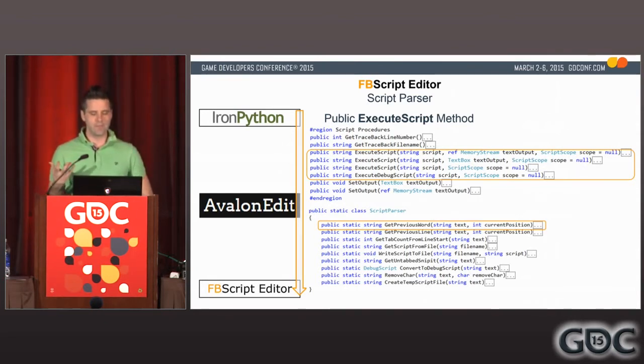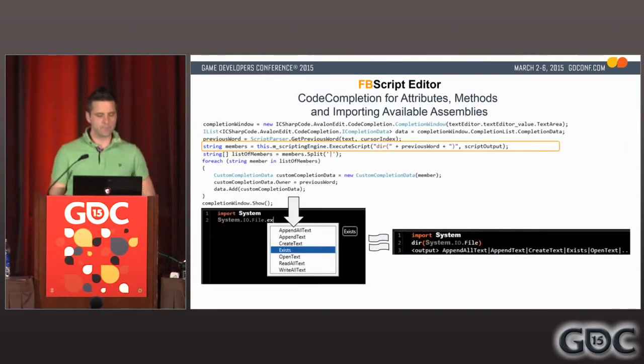So you can do things like, well, let's take a look. You can do things like this, where you have access to your script engine, so you can call that execute script function, and as you're typing, you can get that previous word and you can do a dir on it. If you're not familiar with Python, if you type dir and then inside of those brackets you put a variable, what you'll get as an output from that is a list of the member methods and properties. So because we're calling that in code there, what we can see here is